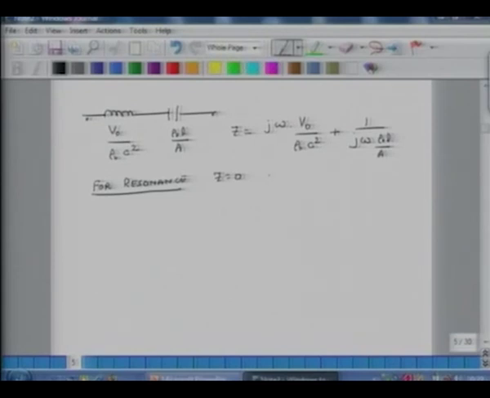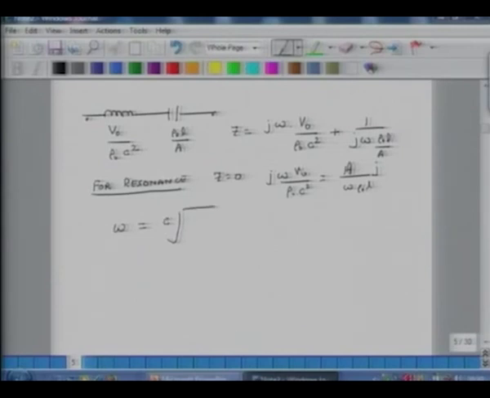So j omega V naught over rho naught c square equals 1 over j omega rho naught L over A, with a negative sign, and I can eliminate the negative sign by bringing j up in the numerator. And now if I solve for omega, essentially what I get is